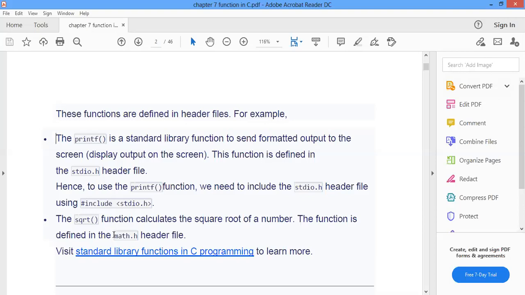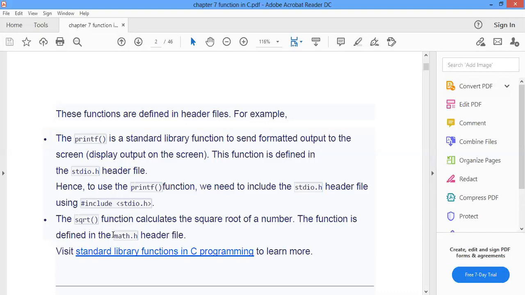Previously we have seen the strlen function, which is defined in the header file string.h. Then the strcmp function is also defined in string.h. So these types of functions are known as standard library functions, because these functions are already defined in the header files. Whenever you use header files, you are able to use those functions.